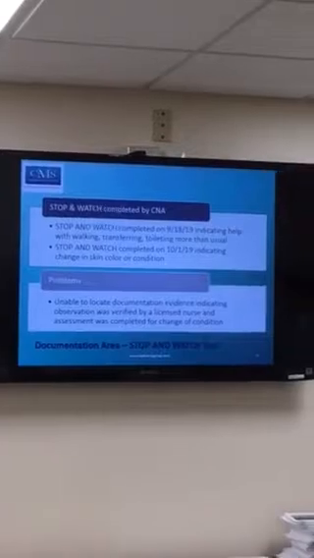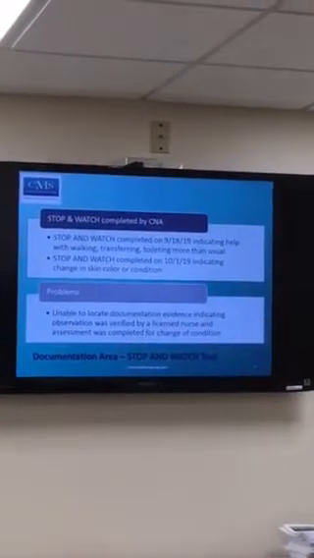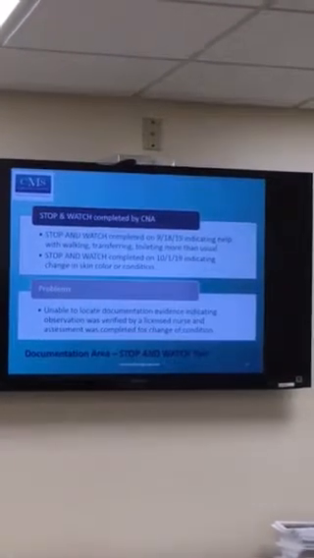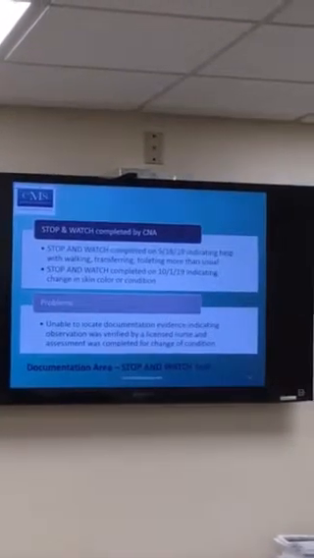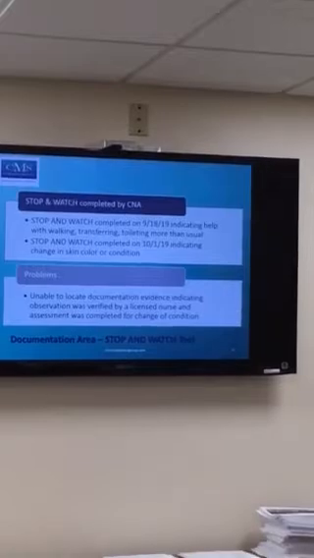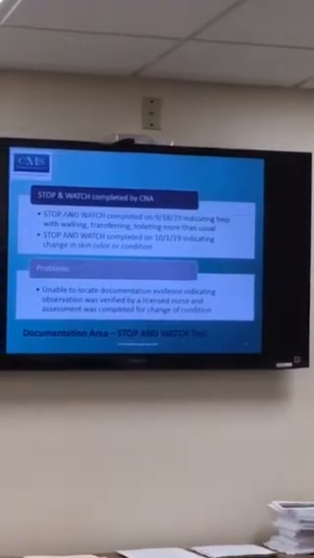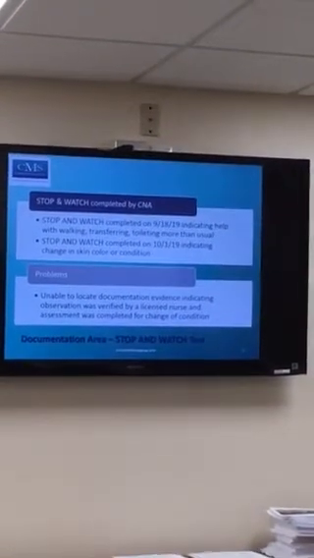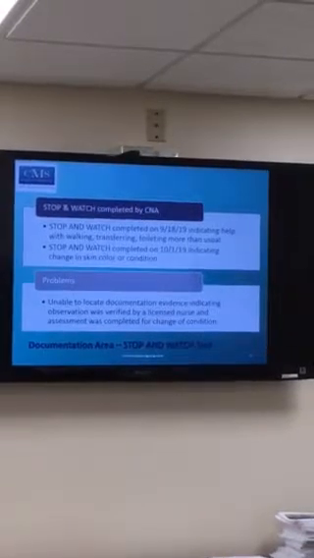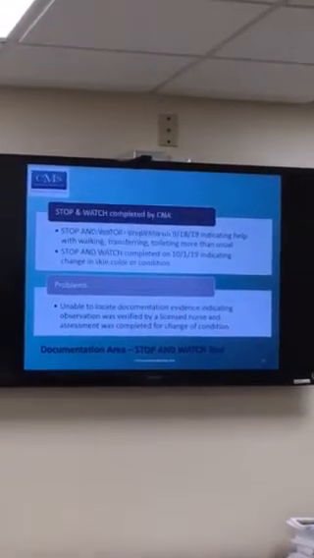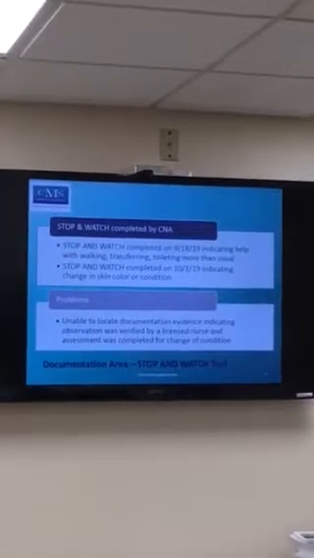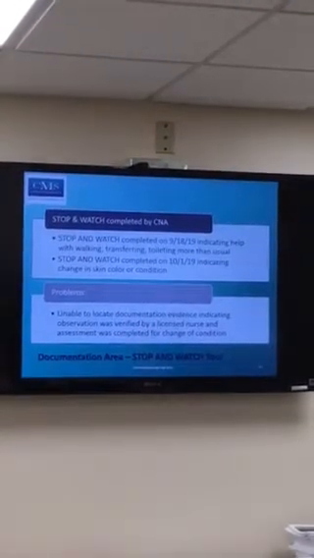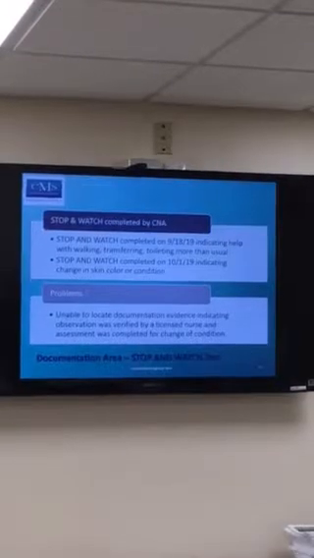Okay, during my visit, in your dashboard, you would see the stop and watch interact section. There's a couple of stop and watch not being addressed. The CNAs are documenting the stop and watch. You have to make sure that you're constantly checking those dashboards, because if there's something there, it has to be addressed. So that's an easy gotcha that these two stop and watch were not addressed,